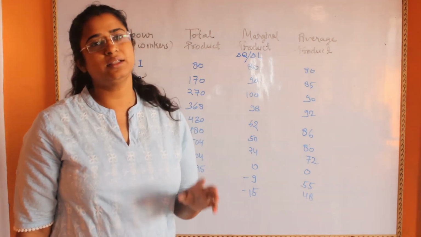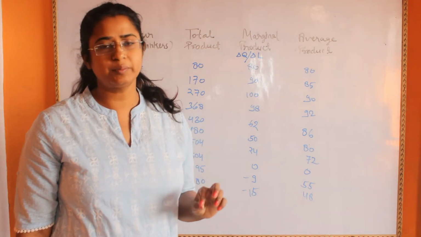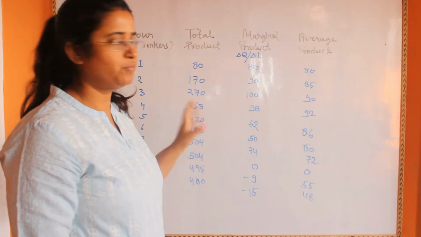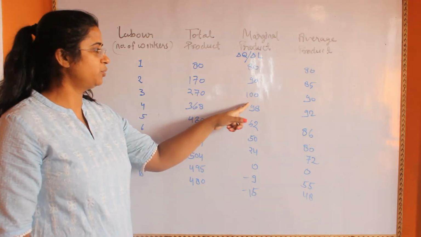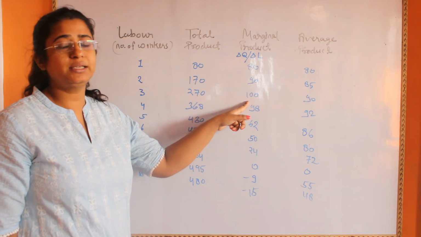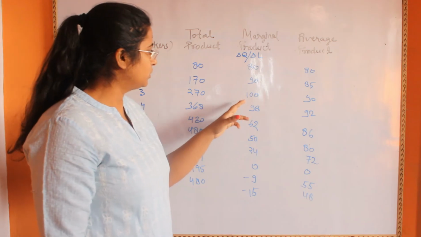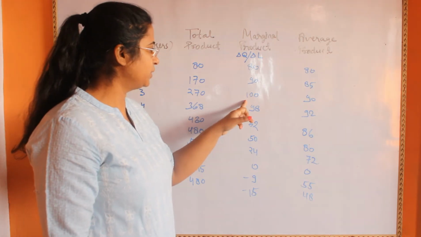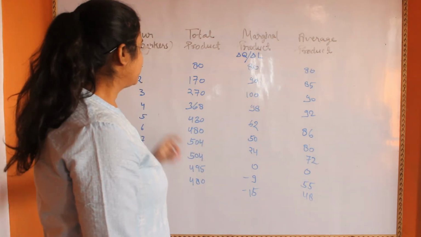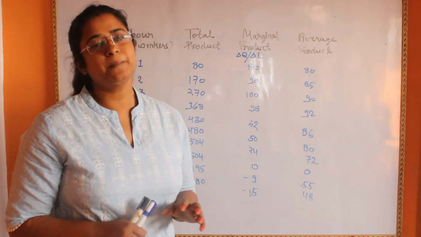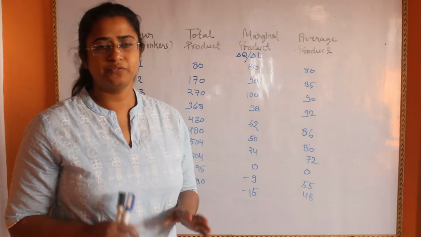output. Suppose that the size of the firm is such that it allows maximum marginal product of labor at the 3 units of labor, whereas you can see that at the 3rd unit of labor the marginal product is 100, that is highest for this particular unit. Okay, so the firm is reaping maximum marginal product at the 3 units of labor. This happens because of the economies of scale present in some firms.